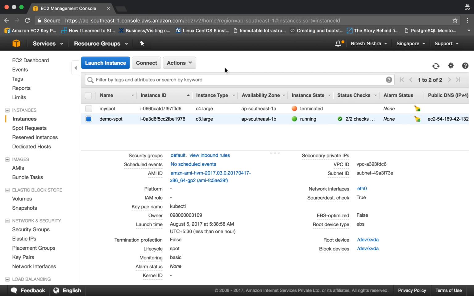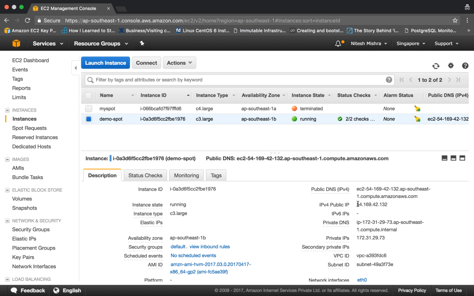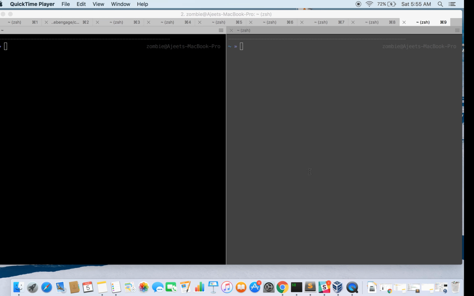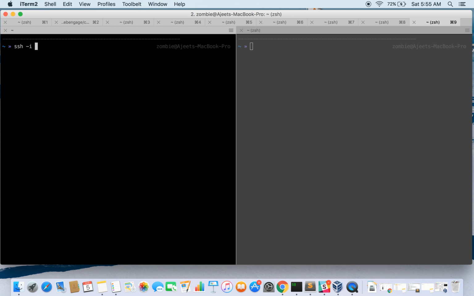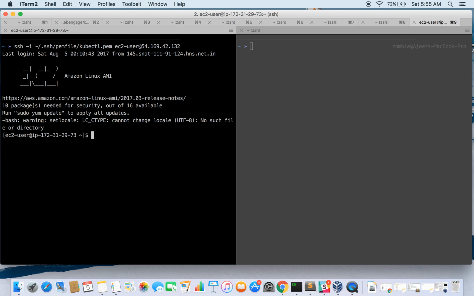So let's go ahead. This is our instance. So I'll be doing SSH to this one. So we are inside the instance, and